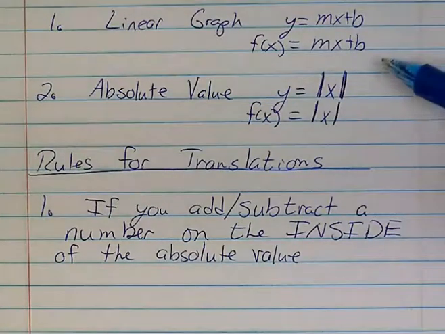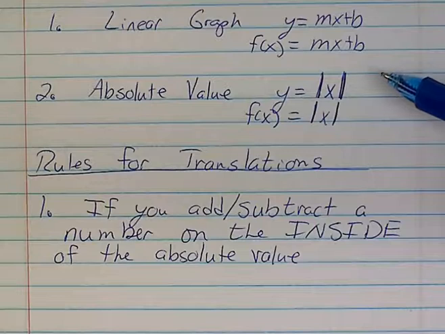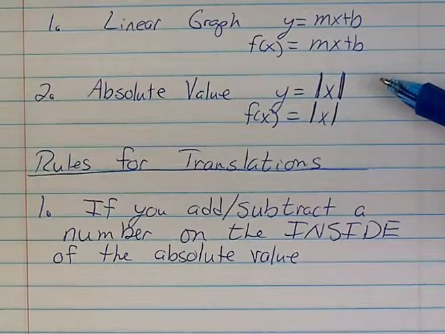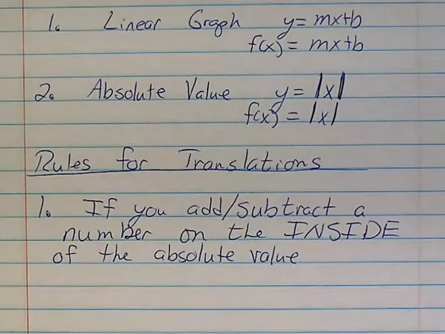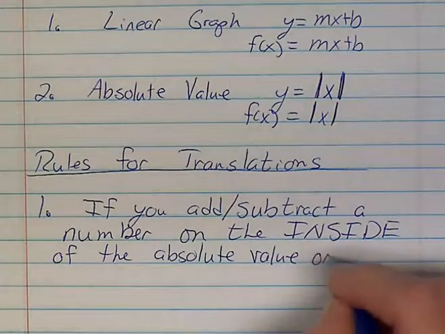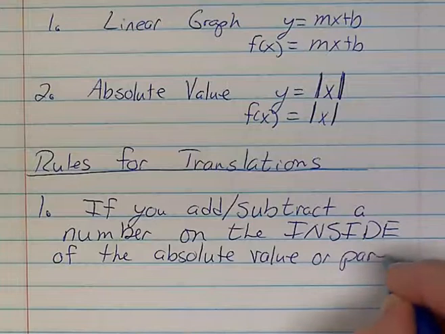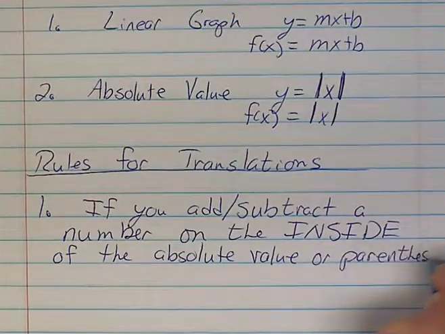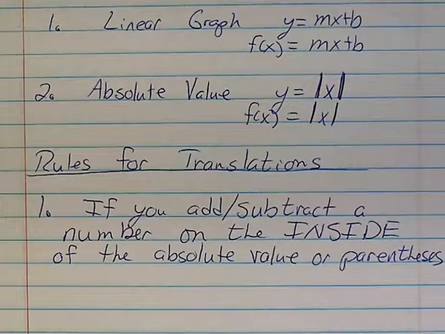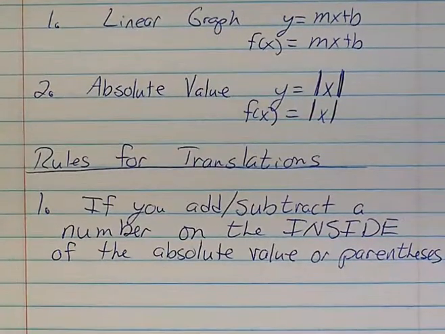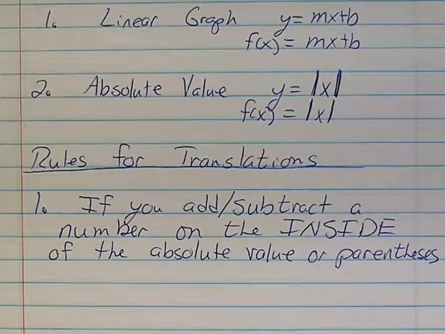And now if we're doing this with the linear graphs, they'll kind of spin off this one just a little bit, that they may go back and put some parentheses here. So if they give you a number that's on the inside of the absolute value, or they're going to tweak it just a little bit to talk about a parentheses. So if you add or subtract a number on the inside of the absolute value parentheses,